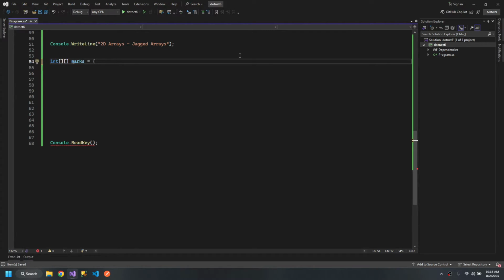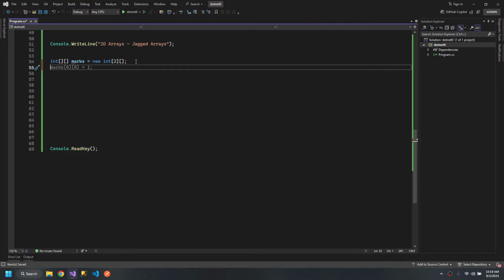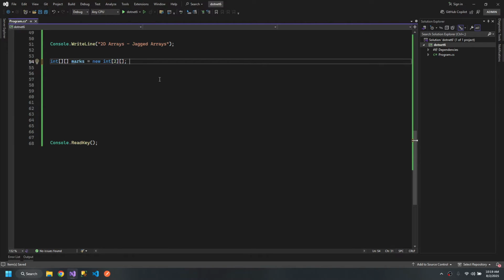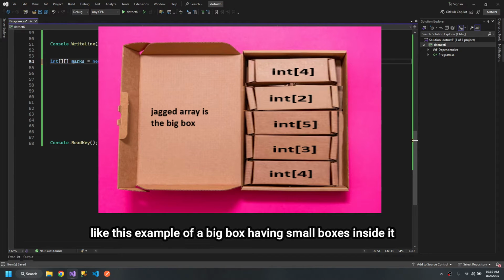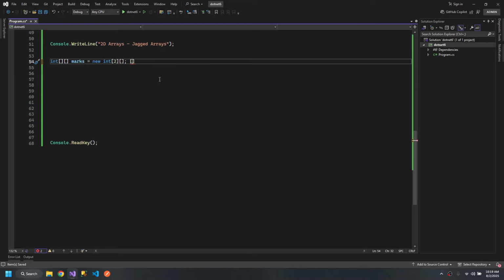First, the advantages of rectangular arrays are that they store in memory easily because they occupy less space and are faster. The jagged array has different advantages. The first one would be this. So this is the advantage of jagged arrays, that we don't have to define the columns. So basically jagged arrays are an array of arrays, kind of like this. This is an array which is storing other arrays,